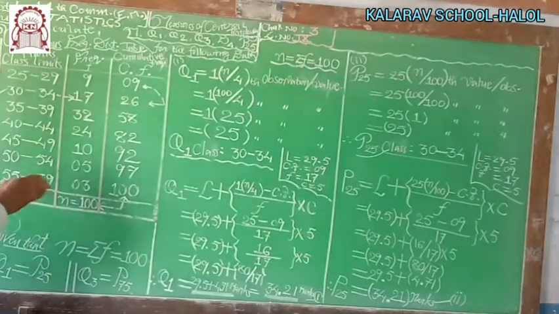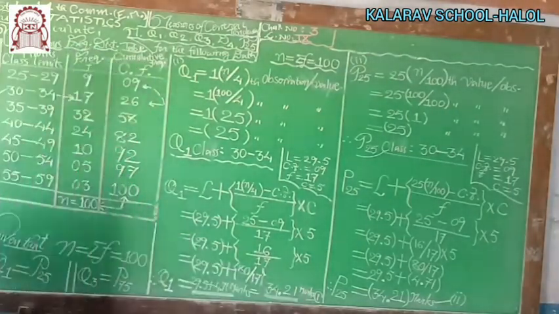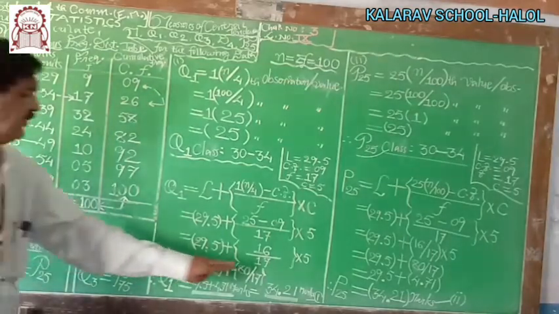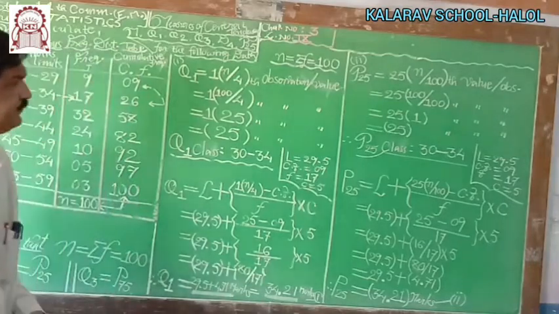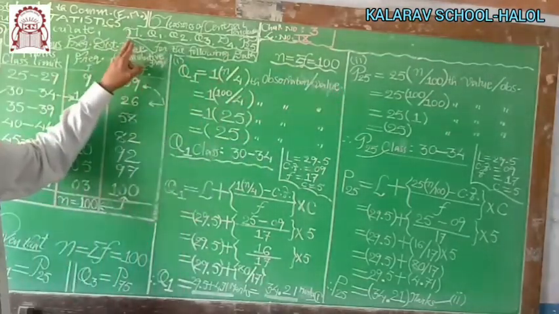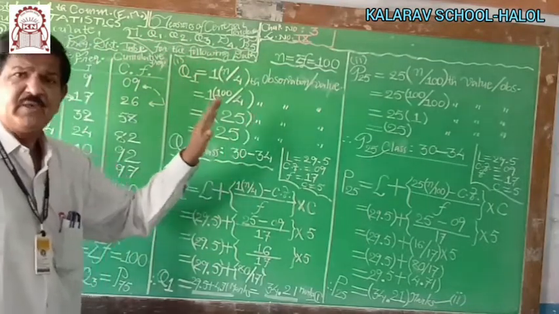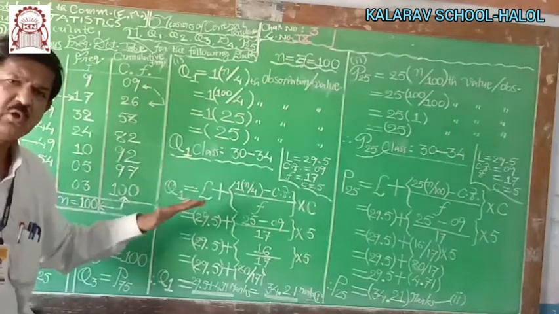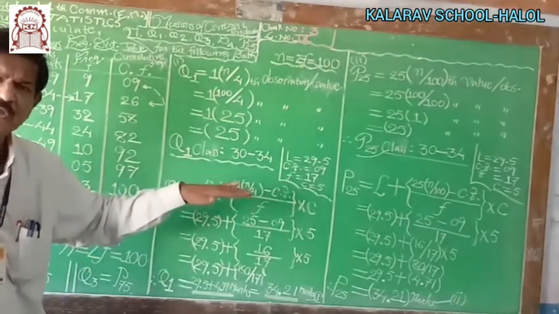If income is given, then the unit is rupees, thousands of rupees or lakhs of rupees; if height is given, inches or centimeters, whatever unit is given to you. Now median, Q1, Q2, Q3, P4 and P25 are required, but we calculate only Q1 and P25. The remaining measurements you have to compute yourself at home.